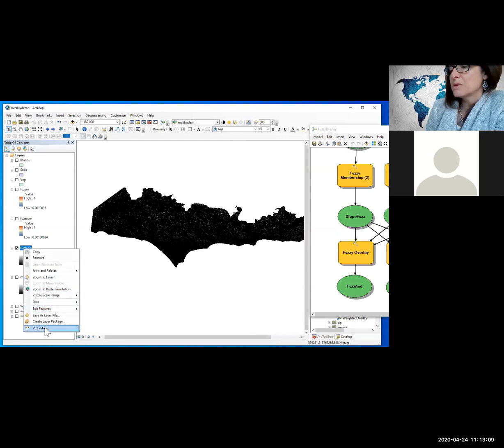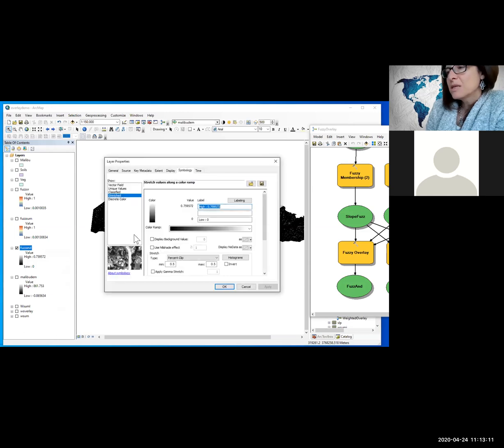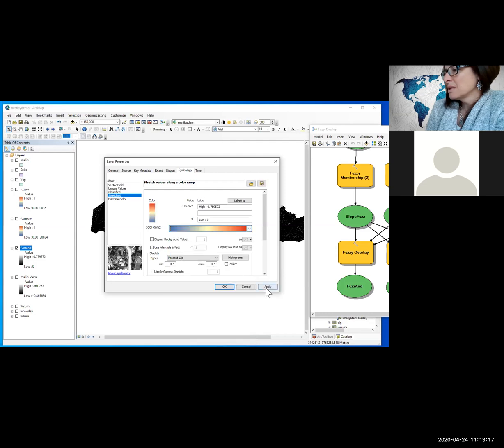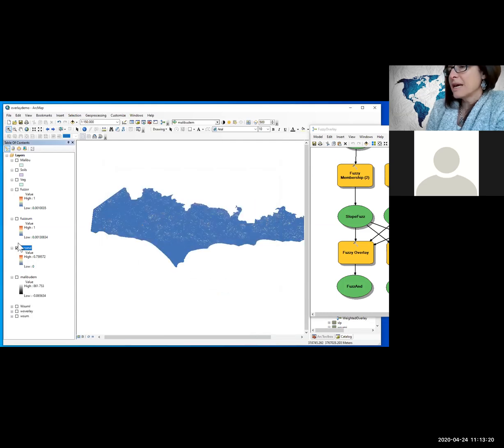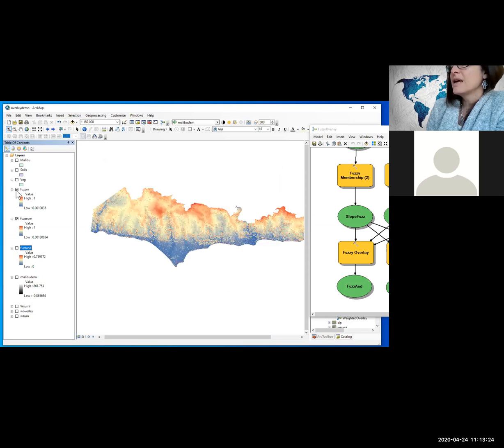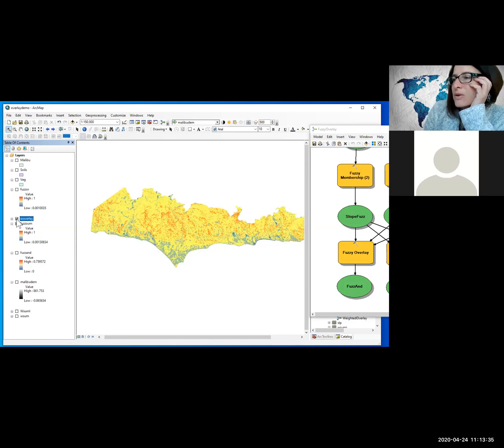I'm going to go to properties. And so it depends on the analysis and how you want to represent something. So we could do product and gamma as well and add those in, but I just wanted to give you these two examples. And then say you wanted to tell somebody, so here's fuzzy sum, and how does that compare to your weighted overlay, right? Here's your weighted overlay of 1 to 5, and here's your